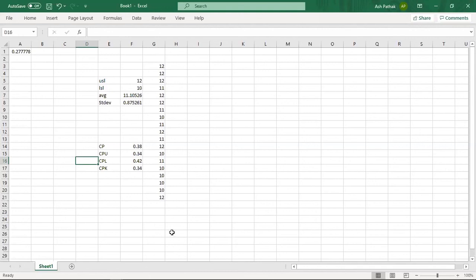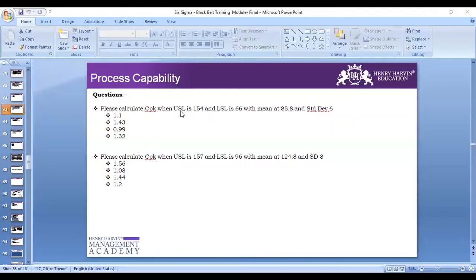All right, this is the screen. I would recommend, guys, we have a time limit, so I have given you certain exercises in the presentation. We can do them later because we have to cover a lot in the analyze phase. Ashwini, you can share this Excel file with all of us on the same distribution list. I will also share the ones I have done. We will have time next week to do certain exercises as well. The presentation I am sharing has certain examples which you can do: CPK is there, USL is there, LSL is there. You can try that as well.